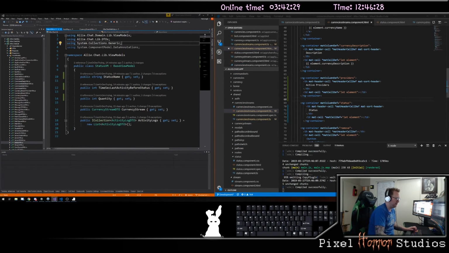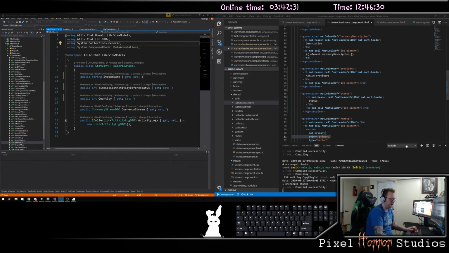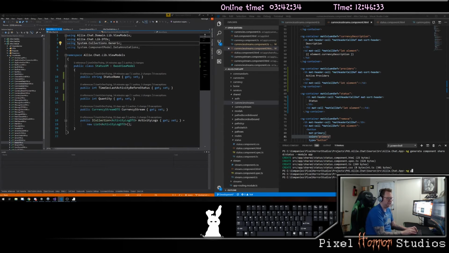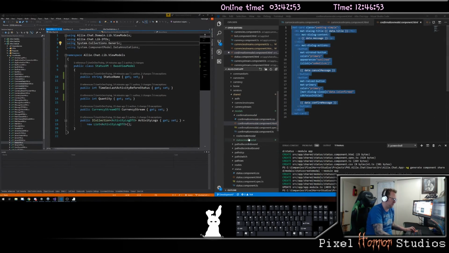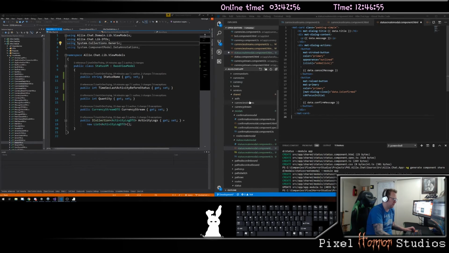So let's do that by doing this in a modal. So I'm going to create a new modal in here with ng generate component shared modals, and we're going to call this my status create modal. And we'll put that in my app module. So let's look at my confirmation modal. We're going to take this stuff here and bring it in. And in my status create modal, we want it to have a data title, data message, and then